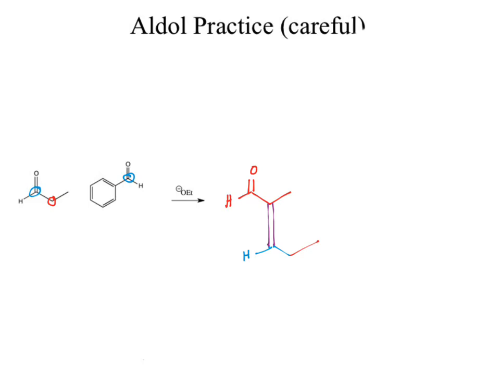Nobody drew this one out because you immediately went under the instinct, well, that one must be the electrophile. If that one's the nucleophile, I got to react them. Is that true? No. So you have to be very careful when you look at the aldols to evaluate nucleophiles and electrophiles. Remember, the biggest thing that happens in second semester is we stop having one nucleophile, one electrophile. We can have a whole smattering of them. So you have to be very careful when you evaluate your answers to make sure you don't make simple mistakes like that.